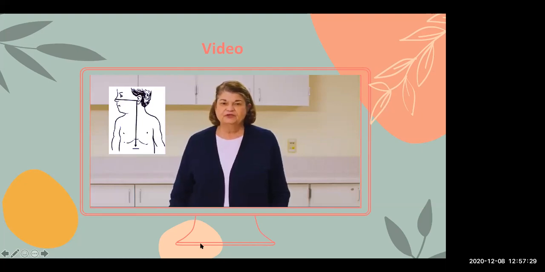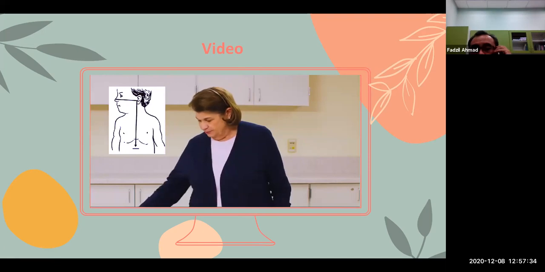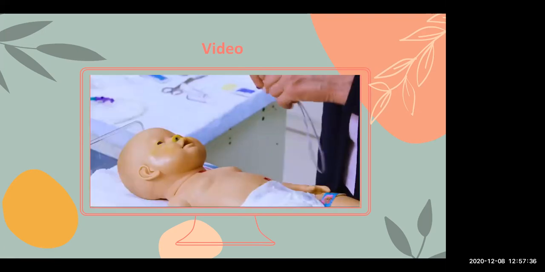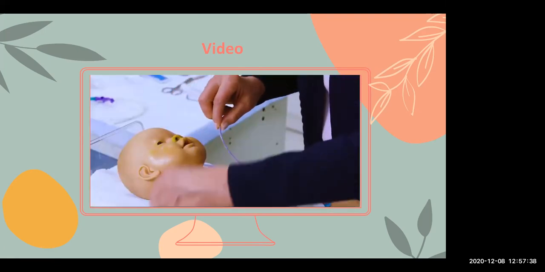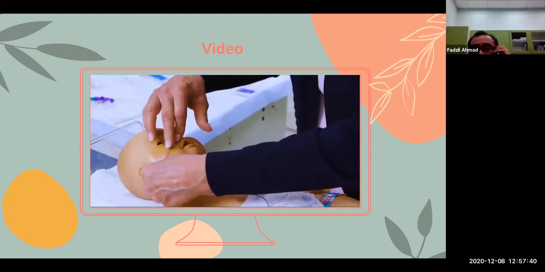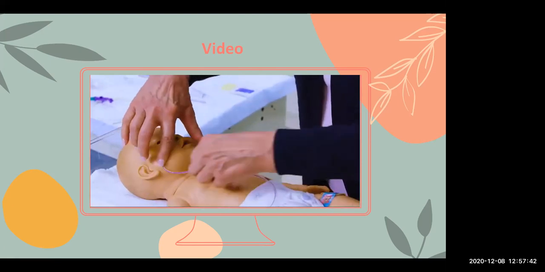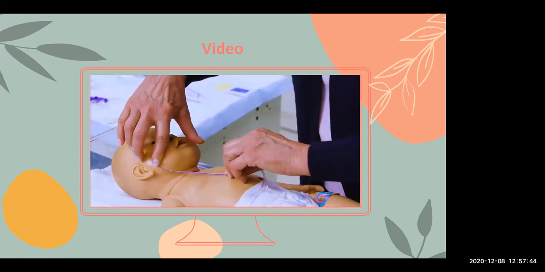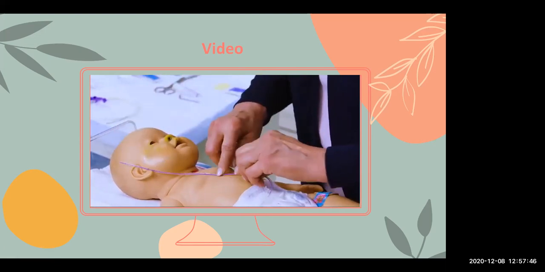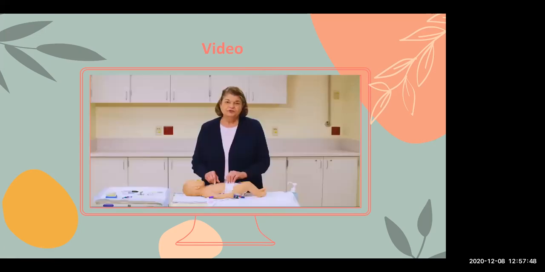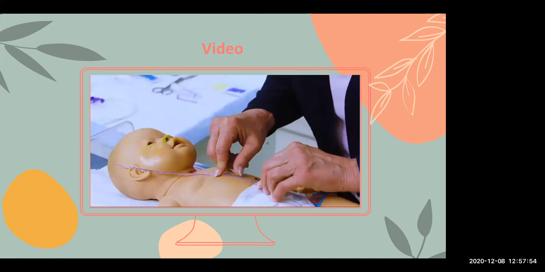To do that, measure how much tube will be placed inside the child by placing the tip of the tube at the nose and laying it to the bottom of the ear, then to the bottom of the breastbone, called the xiphoid, to the belly button. The tube should be laid out to the spot halfway between the belly button and the tip of the breastbone. Mark that spot